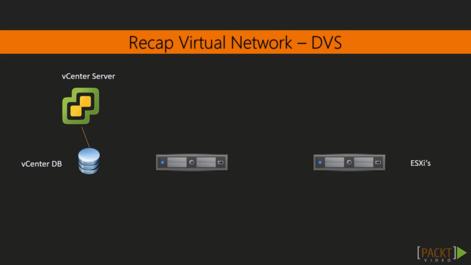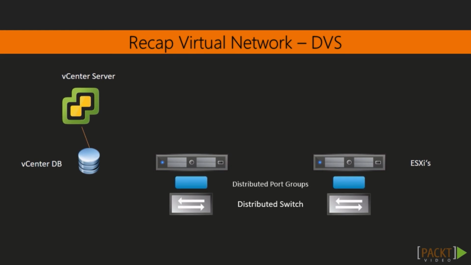A short recap about the distributed virtual switch. We have our vCenter server with its DB. We have, in our example, 2 ESXis. If you create a new distributed switch, the whole configuration is owned by the vCenter server and stored in the vCenter server database. A pretty simple explanation about the distributed virtual switch behavior is this: the configuration is sent to each of the ESXis participating in this distributed switch, and each ESXi creates, based on this configuration,